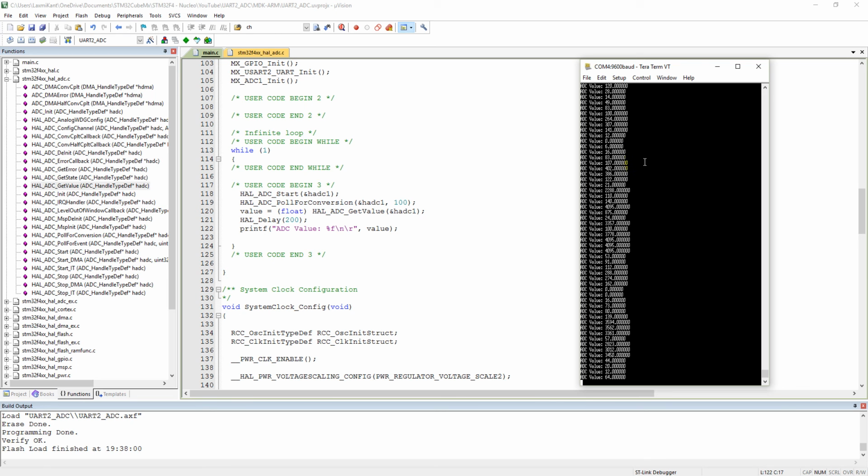So in this tutorial we have interfaced ADC and UART together. You can utilize this project to read some real analog values into your board and then transfer them to your computer. You can even use Arduino or MATLAB to read this value and process your signal in real time, or you can write your Java code to process these signals in real time, and you can utilize these small projects in your real projects.